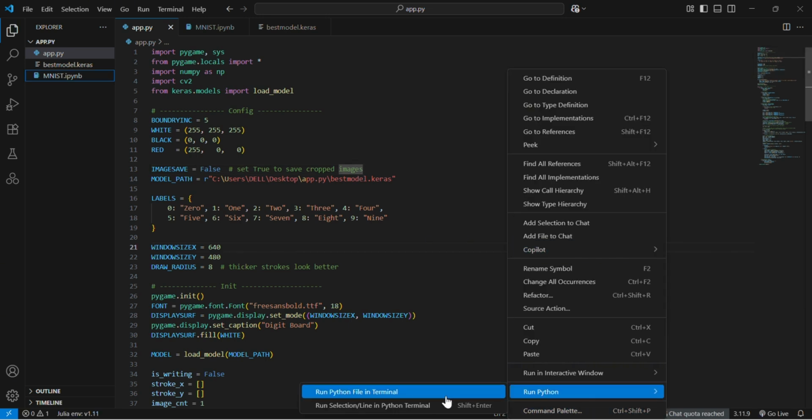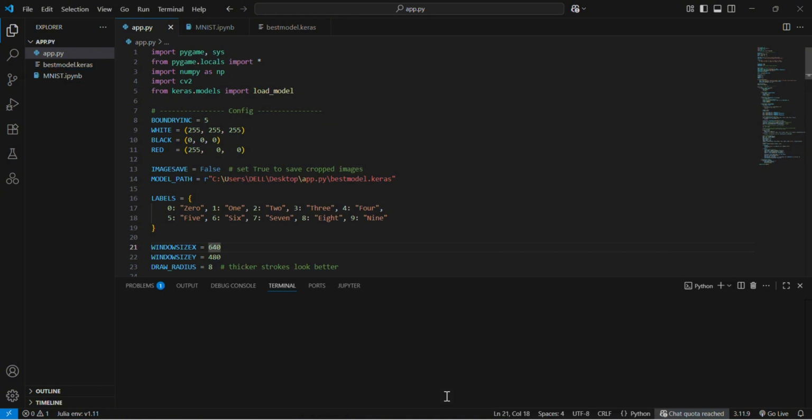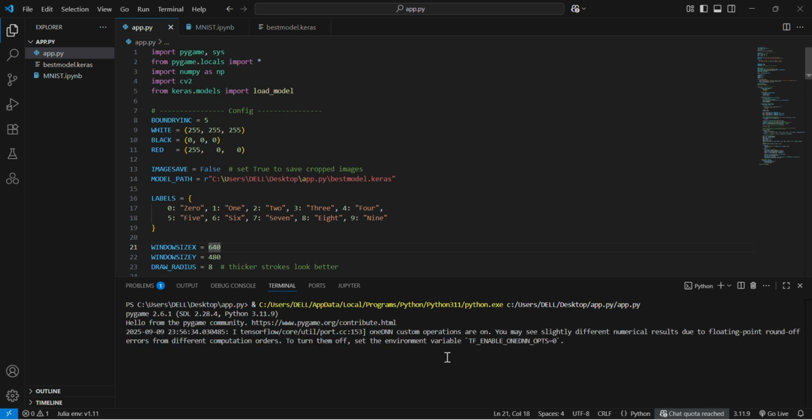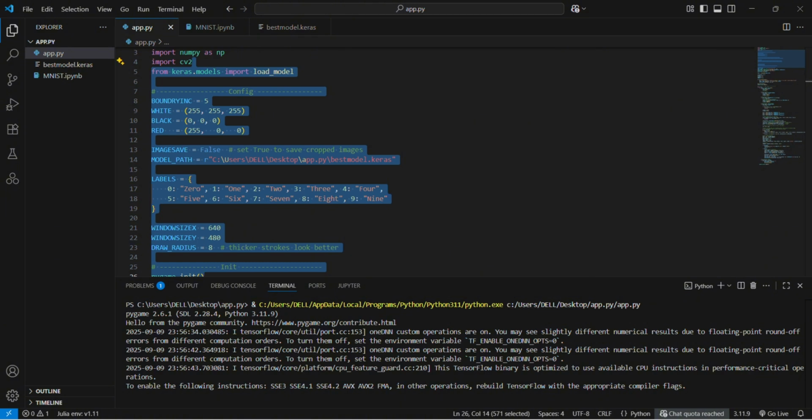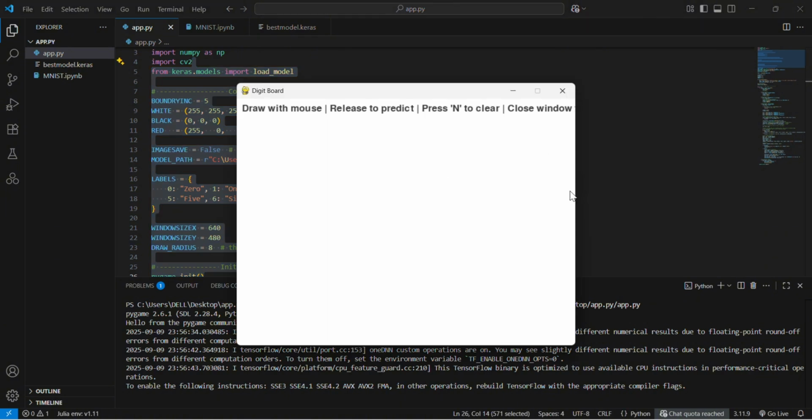So here we have run the Python file in terminal. Just wait a second. Look, here I have got this interface, and if I write a 1 here, so it's 1. If I add a 2 here, so it's 2,